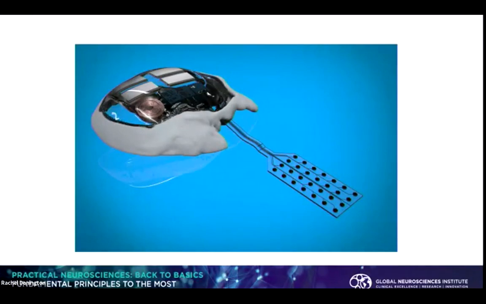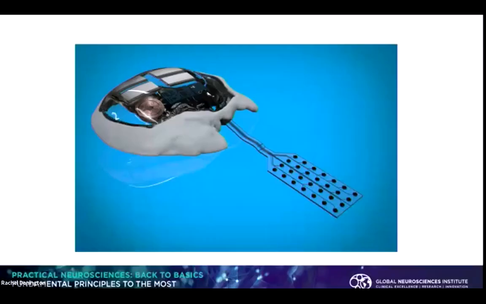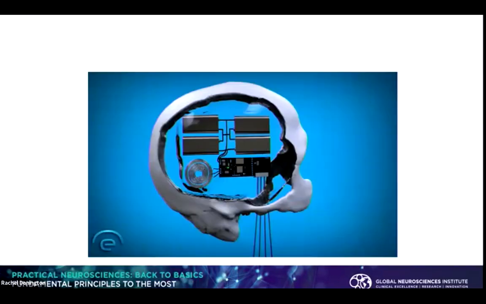So we literally can now put a computer chip in the skull. You saw that one gentleman with a huge electrode coming out of his head with wires coming out, and many patients now that have stimulators for DBS, they have battery packs. This is now all seamlessly put into the patient's skull. And you can see what we can do here. It's literally not just a computer chip, but a battery, a rechargeable battery.